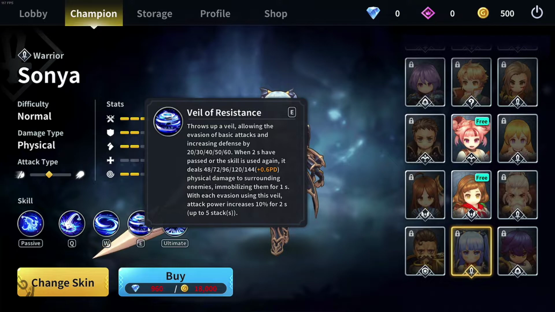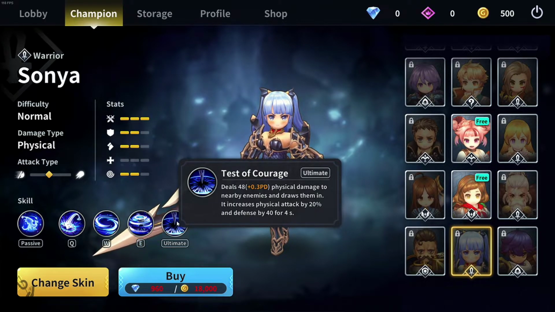Okay, and Veil of Resistance, so you throw up a veil allowing the evasion of basic attacks and increasing defense by up to 60 when 2 seconds have passed or the skill is used again. It deals a couple more damages again. Physical damage to surrounding enemies, immobilizing them for 1 second. With each evasion using the veil, attack power increases 10% for 2 seconds and maximum stack of 5. Okay, alright. And Test of Courage, so this is Sonya's ultimate, deals 48 physical damage to nearby enemies and draws